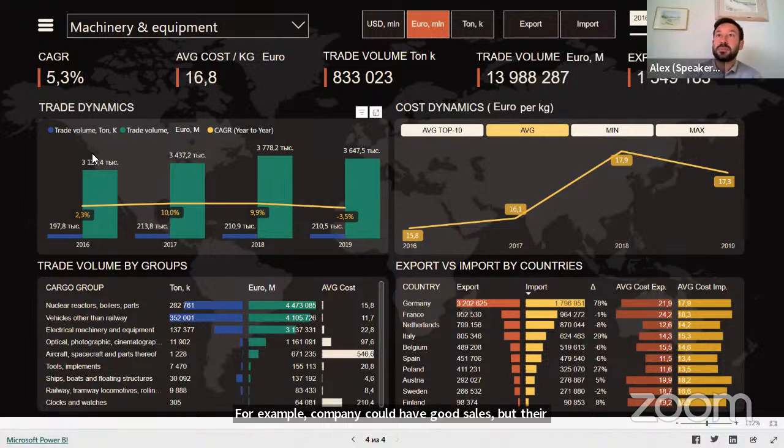So our client, I mean a company from the big four consulting companies, offered this analytical product to major companies like Siemens and other big companies, to use this tool to compare their internal data, their sales and manufacturing data, with overall market trends.